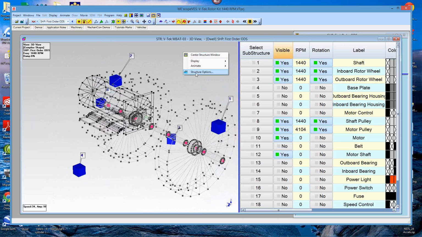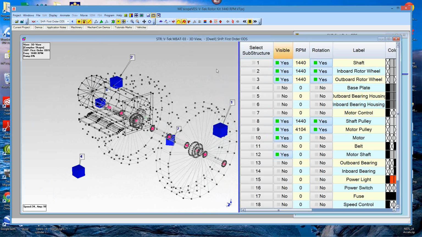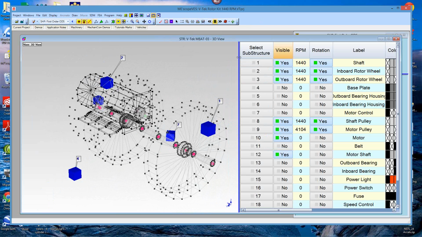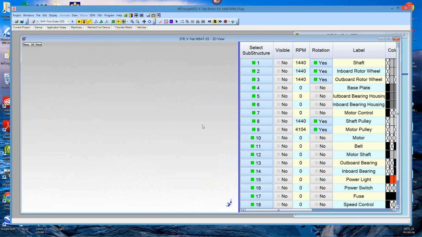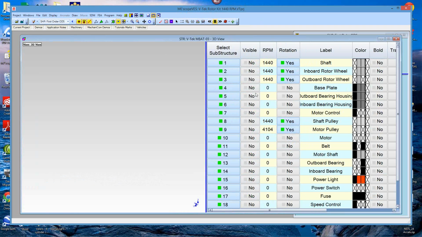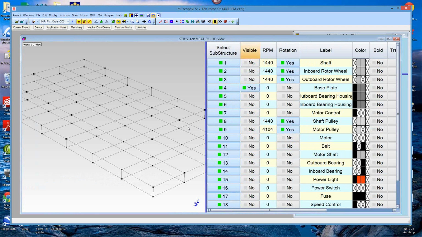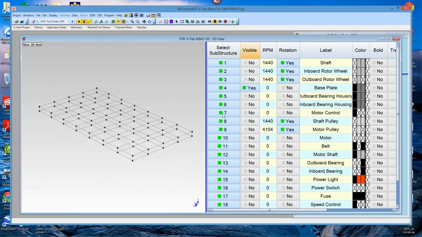All right, let's go down and look at the base and see how we set that up. That's a little bit easier because I'm going to hide everything again. It's simply a flat plate. So let's turn on the base. There it is, and then we'll turn on the